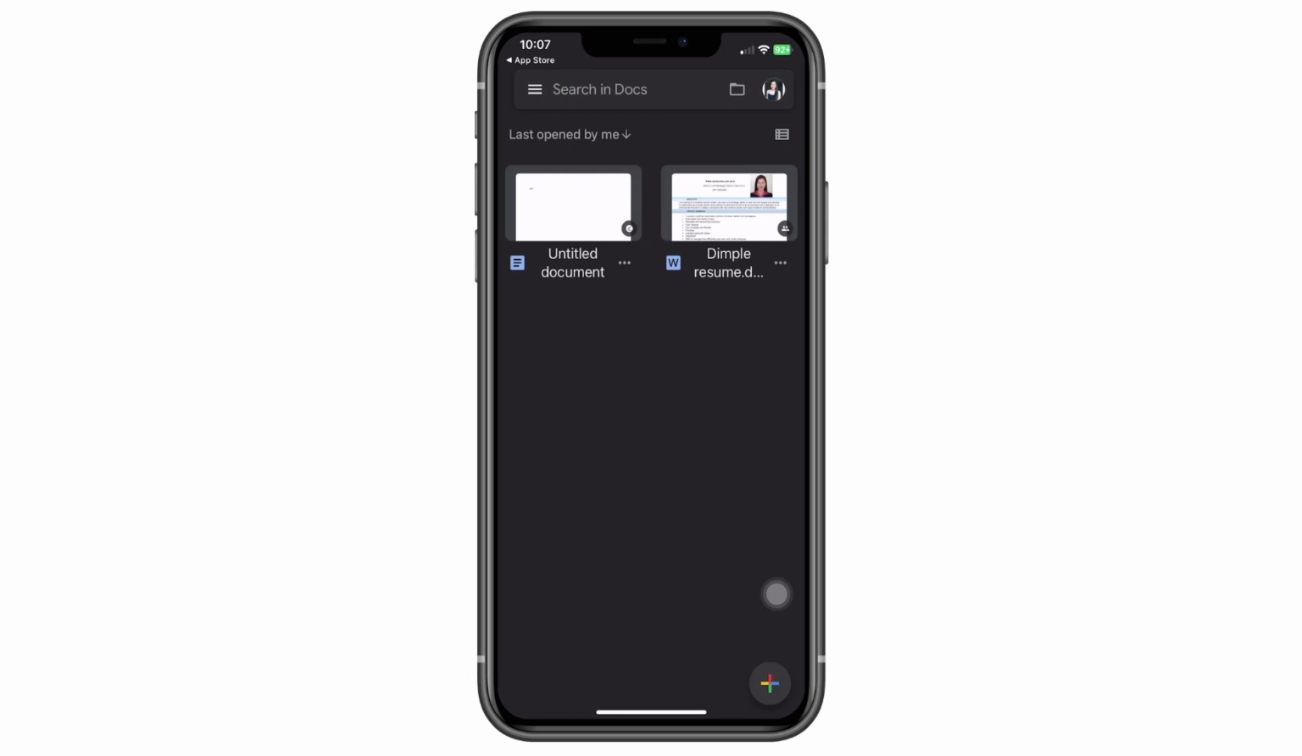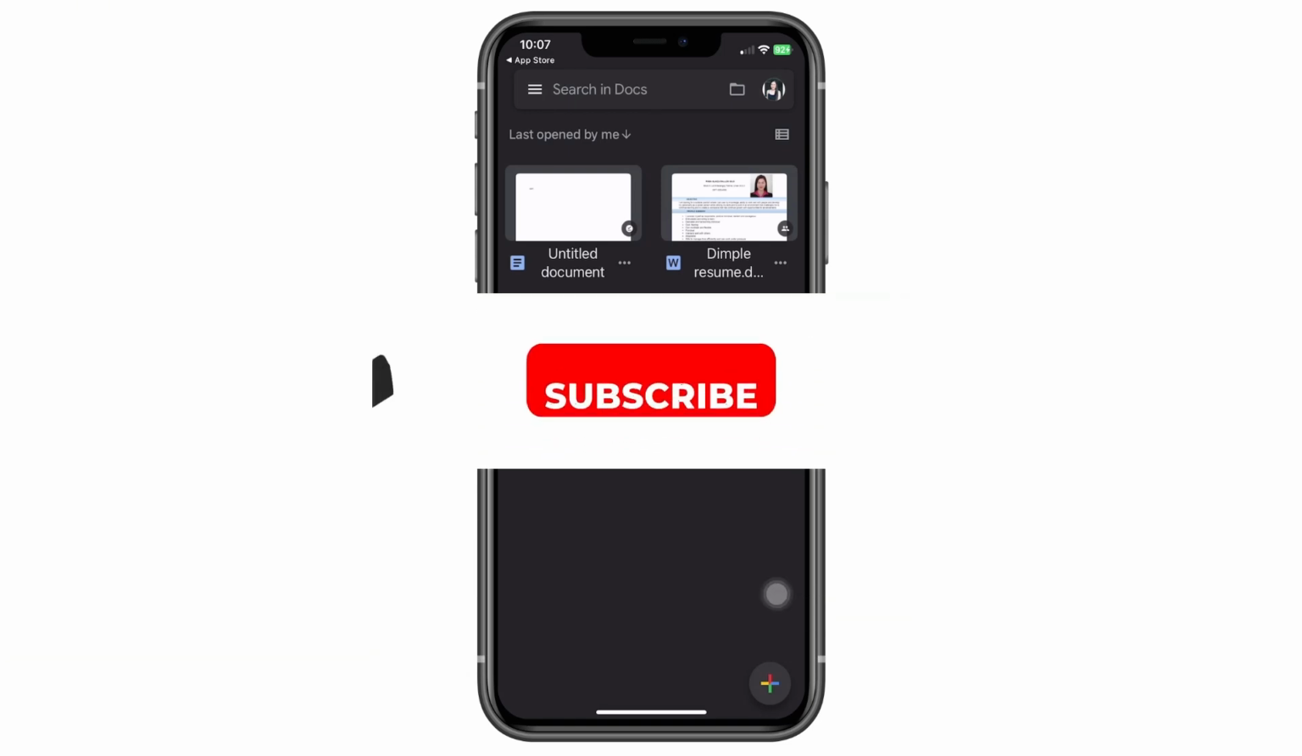Welcome. In this quick and easy tutorial, I'm going to be showing you how to adjust page margin in Google